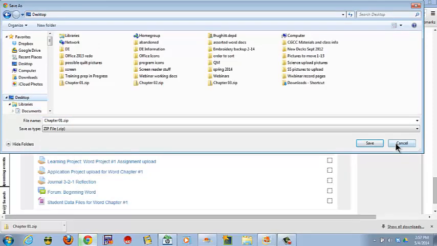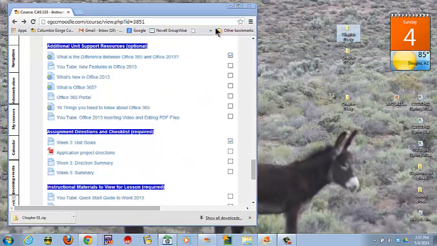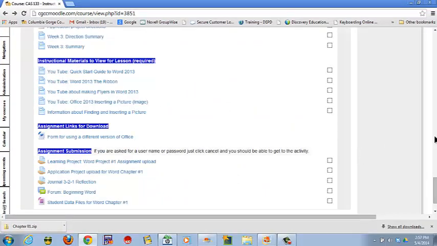Now, if you are on a library, Columbia Gorge Community College computer someplace, now I can just drag it and drop it. And in my case, I already have it there since I just uploaded it. Be careful. Columbia Gorge Community College has something that's really cool and a little scary going on with the computers. And it's something called Deep Freeze. What it does is anytime the machine is restarted, it wipes it as though it's never been used before by anyone. Now that's really cool because if you've entered any passwords or any information into that computer, you don't have to worry about anybody ever being able to access it because it's completely wiped back to brand spanking